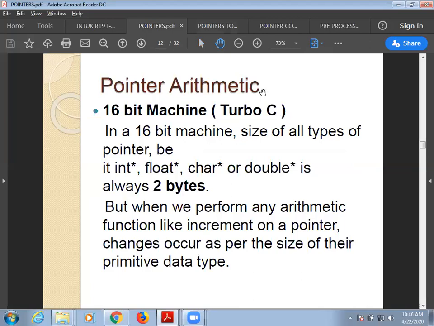First you need to know how your pointer values will be present. That is, how your memory location numbers will be present. I told you in a few past classes how memory locations will be present. Your complete memory will be divided into memory cells, and each and every memory cell will have its own memory location. Each and every memory location will have its own personal memory address.